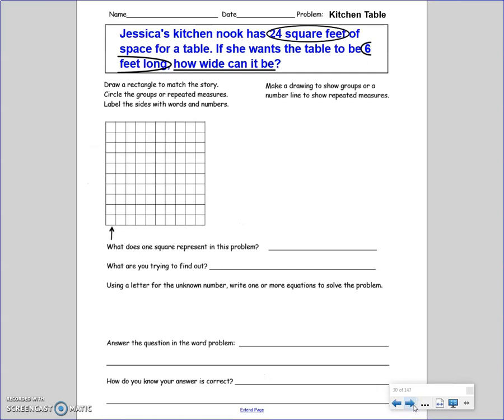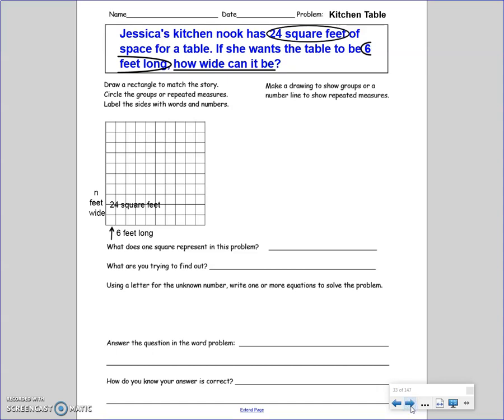We're actually going to start, third grade, with the grid this time. The grid's going to be very helpful for solving this area division problem. Let's put the information we know on it. We know that there are 24 square feet, and since that's the total area, that's going to be the total area of the rectangle. The other piece of information I know, the factor I know, is that it's 6 feet long. I'm trying to figure out how wide the table is going to be, so n feet wide is my